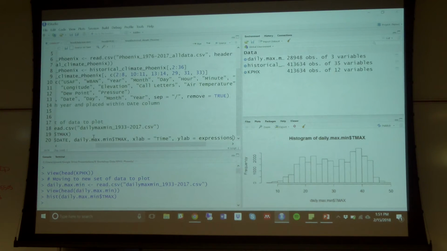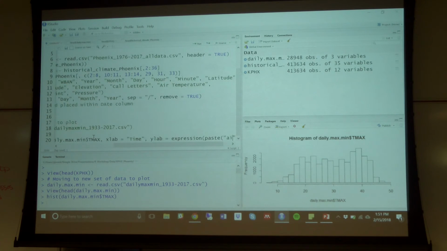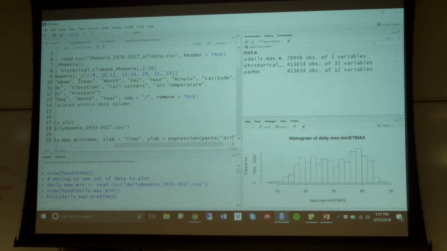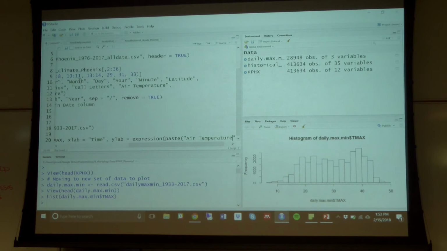So this one is a little bit fancier. I need to make sure that I write it correctly. Since I'm trying to stick the units in as well for the temperature, because there are multiple types of units, I want to be able to throw in a degree symbol. And so the way to do that is to use the expression and paste functions in R. So air temperature